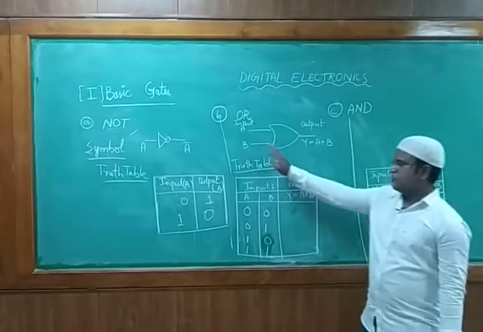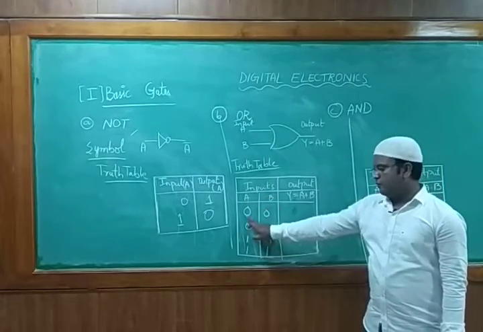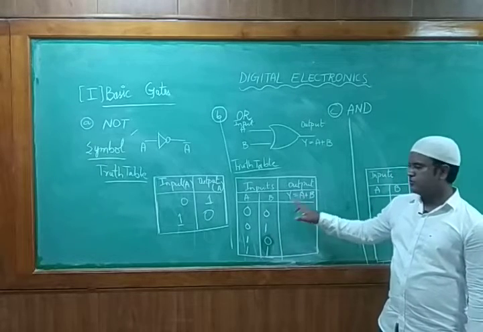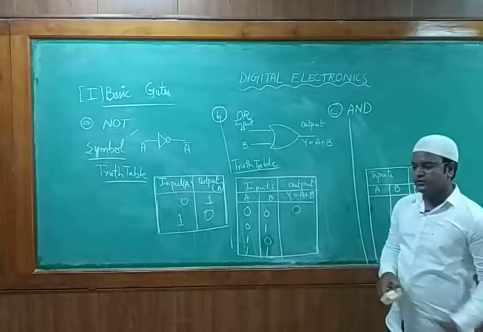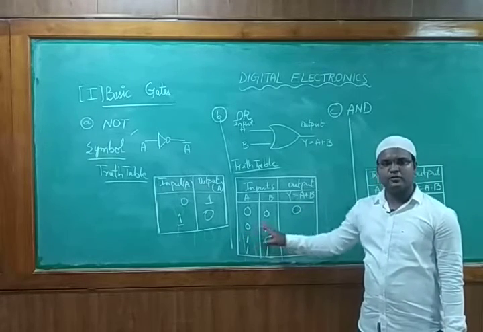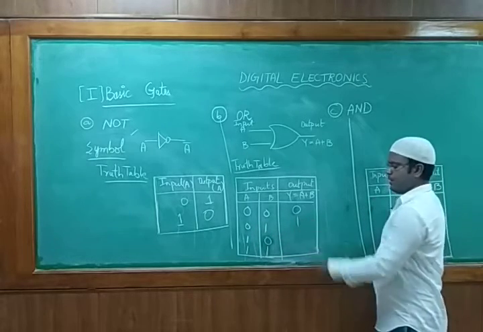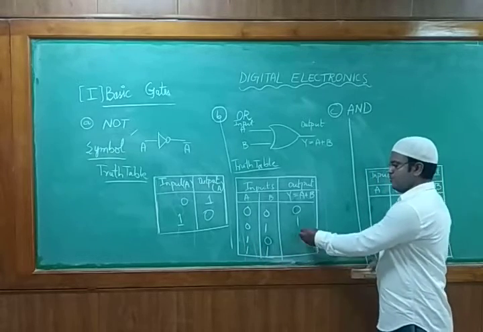So now we are considering the OR gate truth table. In that we are taking inputs A and B. If both the inputs are low, 0, 0, we go with the initial case. So 0 plus 0 would be 0. Likewise, if I have the next combination as 0 and 1, then 0 plus 1 we get as 1. Likewise, I have 1 plus 0, I will get again 1.